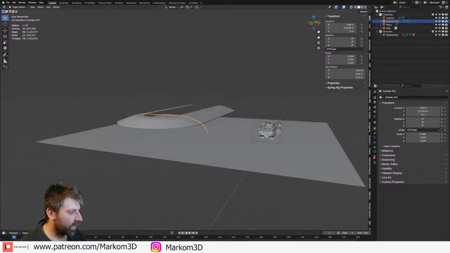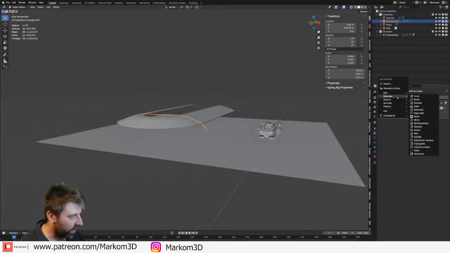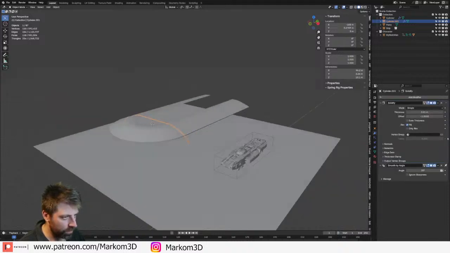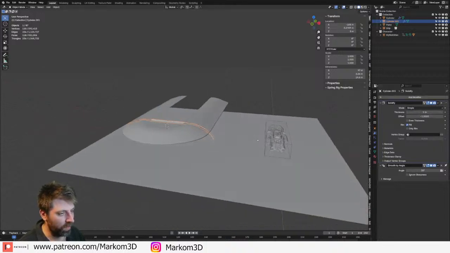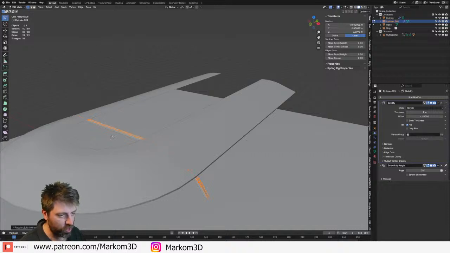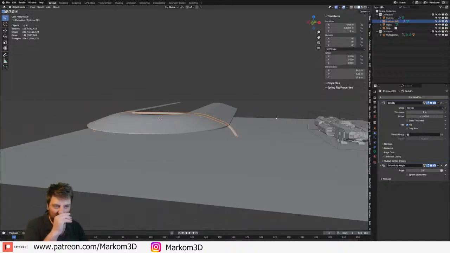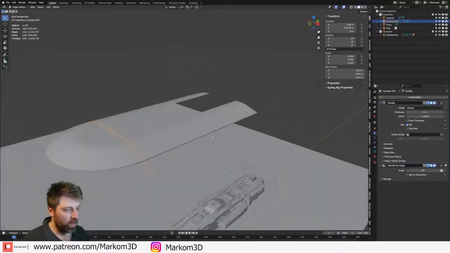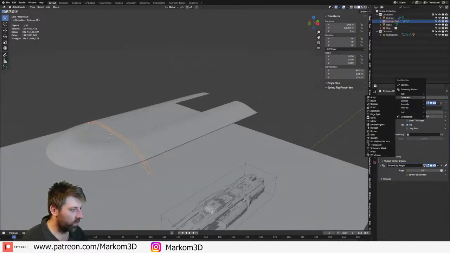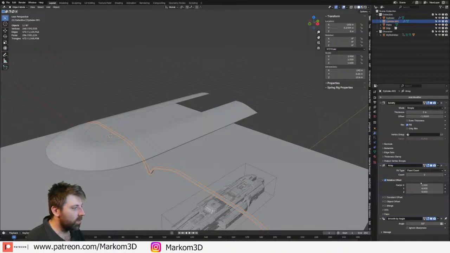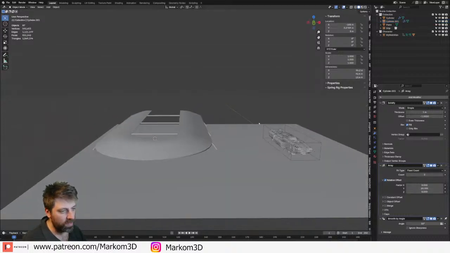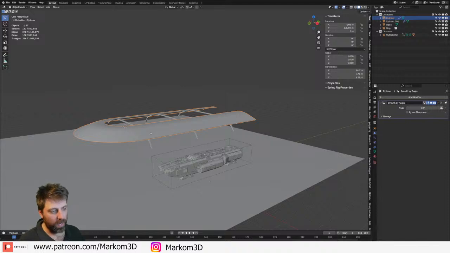And then from here, let's go ahead and add in a solidify modifier. We'll make it 0.1. Let's go 1, so it's a meter block. Block of cheese. Cool. And then from here, we can go into almost like an array. Let's go 20. Nice. And that kind of gives us this.